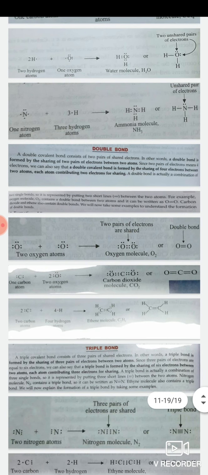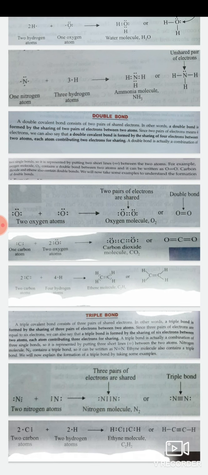Now what is double bond? Yes, double bond is formed when each atom shares 2 electrons. Now see the formation of the oxygen molecule. Oxygen, how many electrons are there in the outermost shell? There are 6 electrons, so only 2 electrons are needed. So each oxygen atom shares 2 electrons, and this way sharing is done by 2 electrons. So each atom is sharing 2 electrons, so total 4 electrons are present.